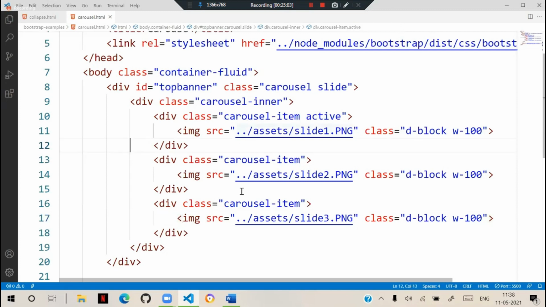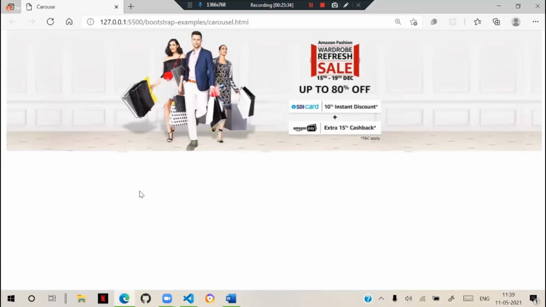Now you see here I am configuring that, and let's run this and see. When I run this, this is the first banner, and after a few seconds it should go to the next.